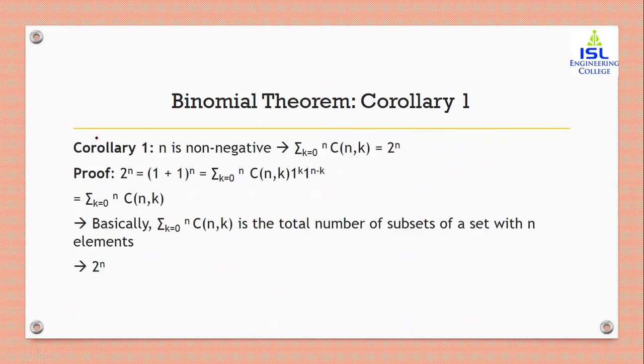Yeah, this is a theorem actually. Whenever n is a non-negative integer, let me write it clearly over here: the sum over k from 0 to n of nCk is equal to 2 power n. Whenever we add the coefficients nCr, it will always be in powers of 2. So this is a theorem and a proof which is very important. So this proof is directly given. Let me just explain it.